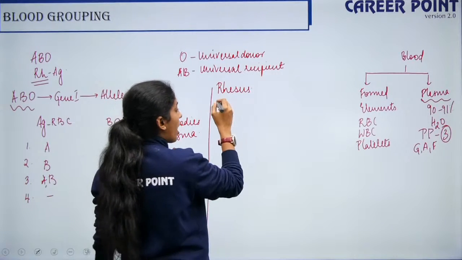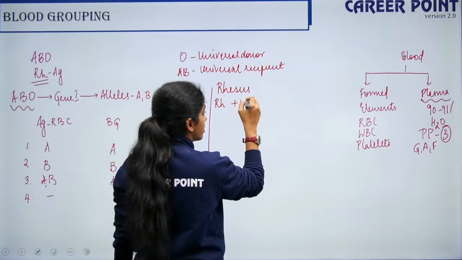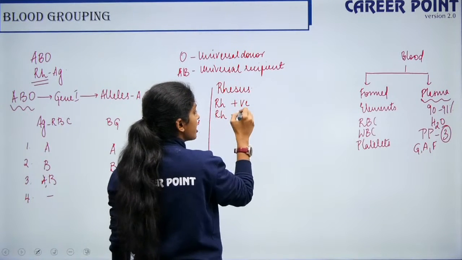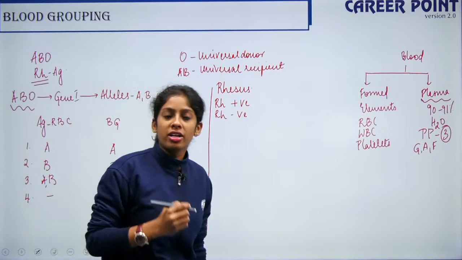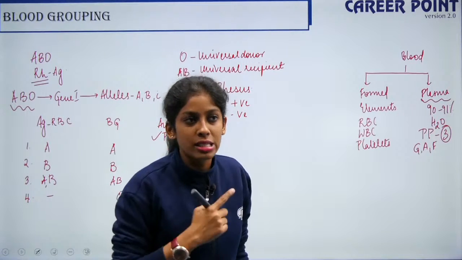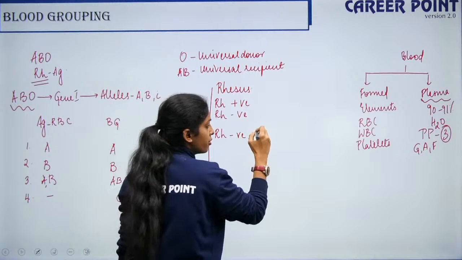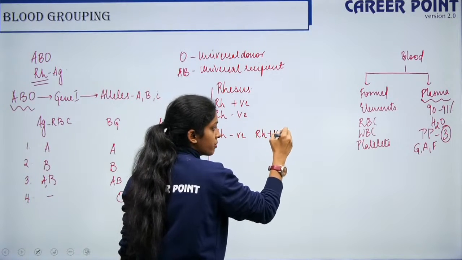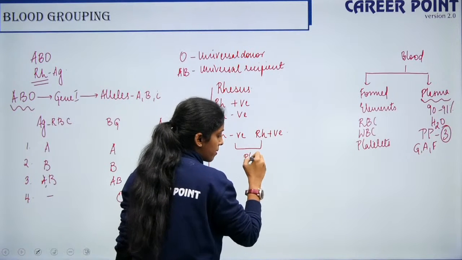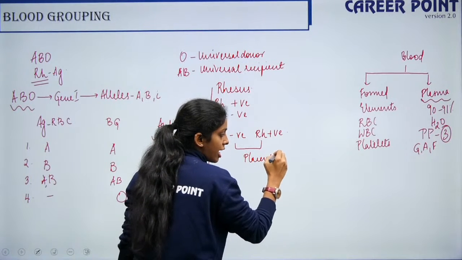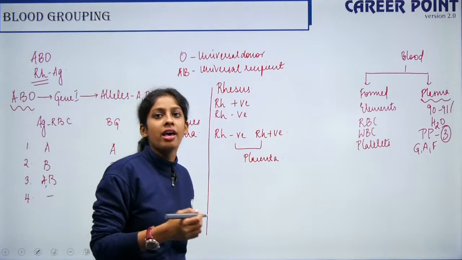When you have the RH antigen on the RBC, it is considered positive. When you do not have this RH antigen, it is called negative. Based on this, we spoke about a condition that is erythroblastolysis fetalis. That is when the mother is RH negative and the fetus is RH positive. At the time of pregnancy, the mother and the fetus are separated by the placenta. But at the time of delivery of the baby, that is parturition,